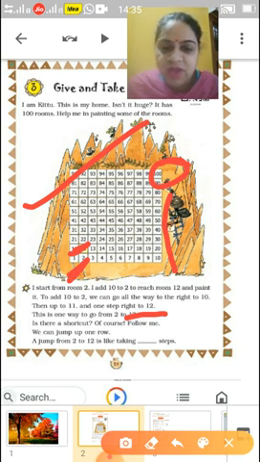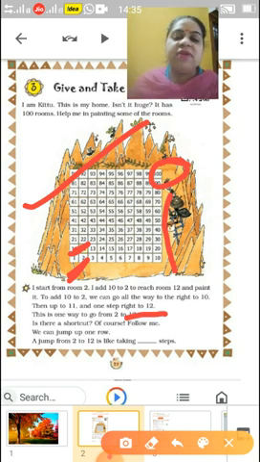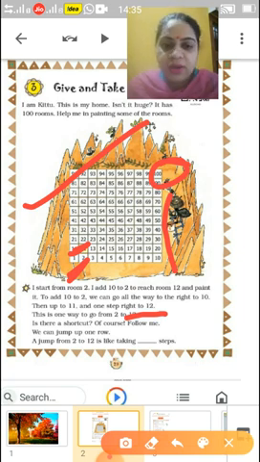There is one way to go from 2 to 10. Is there a shortcut? Of course, follow me. We can jump up one room. A jump from 2 to 12 is like taking how many steps? Yes,